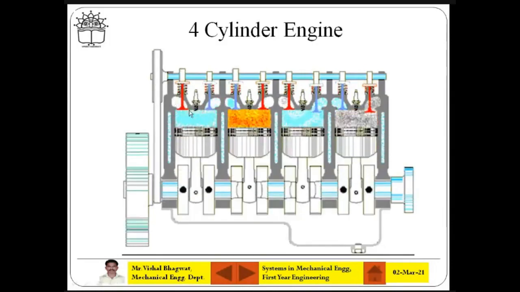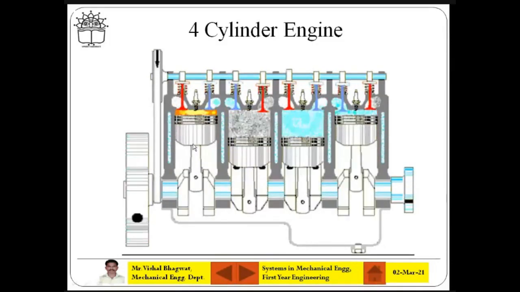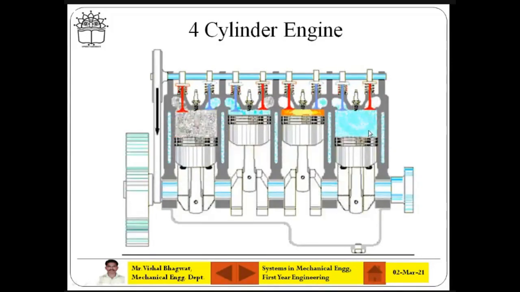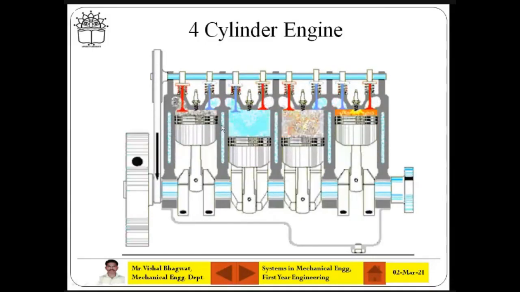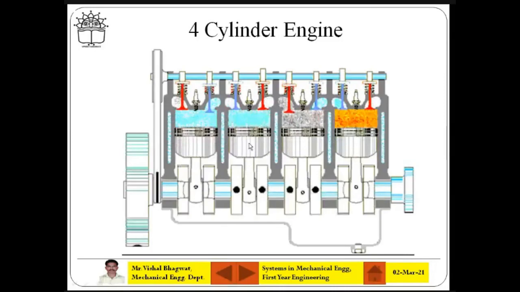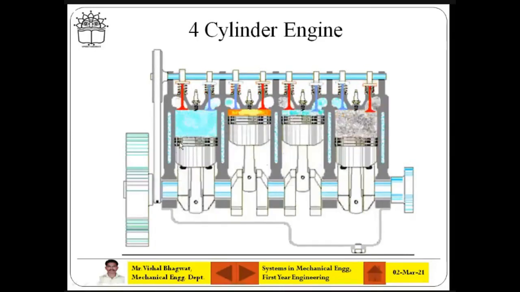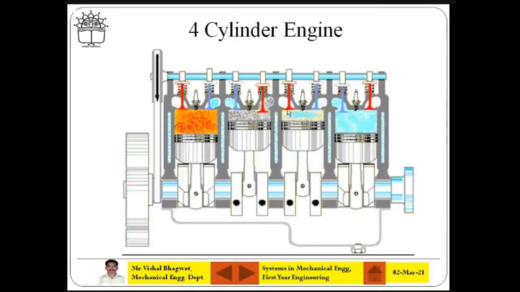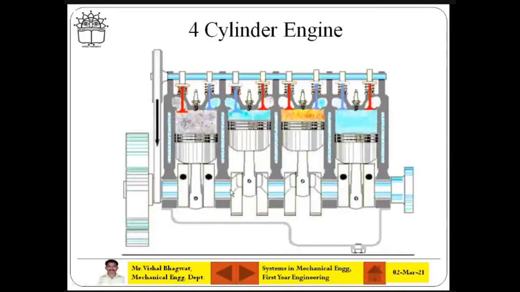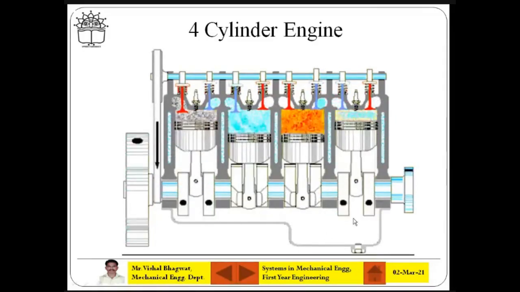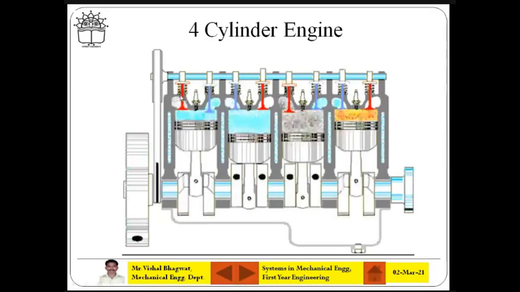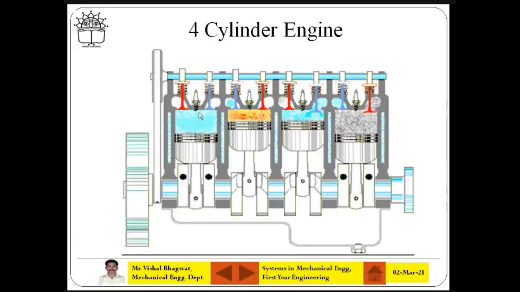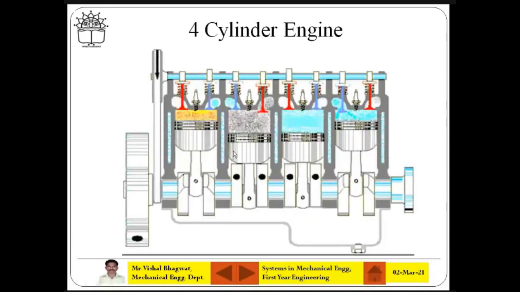Now what does cylinder mean? This is a cylinder: 1 cylinder, 1 piston, right? 1 cylinder, 2 cylinder, 3 cylinder, 4 cylinder. This is not a 4-stroke engine; it is a 4-stroke engine, but in each cylinder you get 4 strokes. So this is the 1st cylinder, 2nd, 3rd, 4th cylinder. For each cylinder there is a different spark. If it is a 4-cylinder petrol engine, 4 spark plugs are there and 4 pistons are there inside the 4 cylinders. And there are different cam mechanisms.